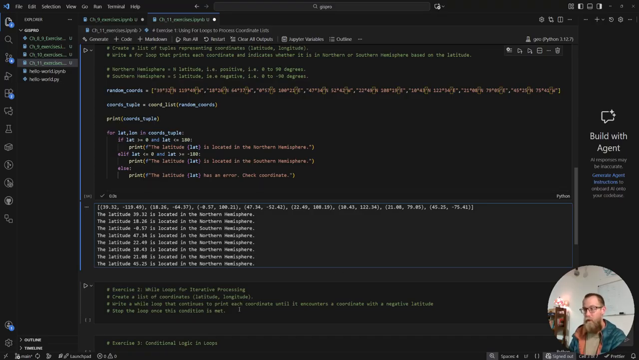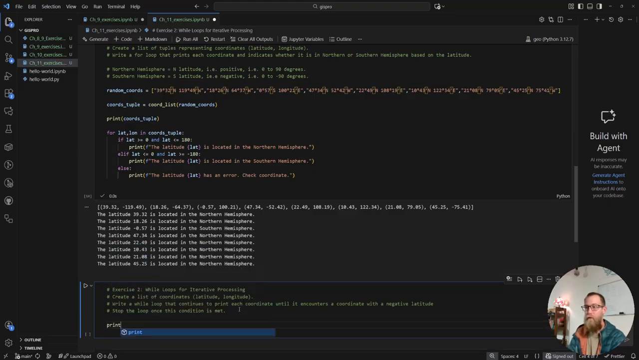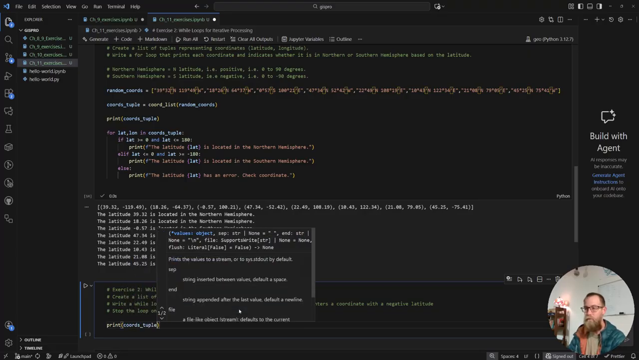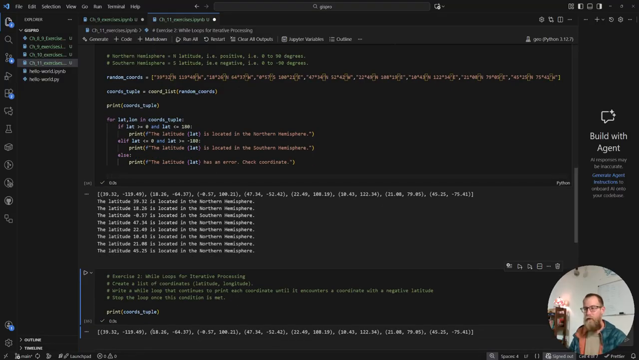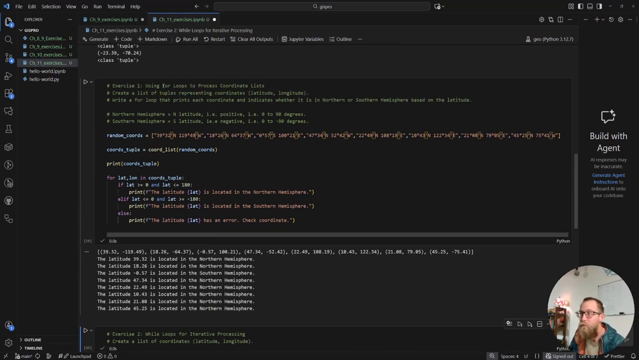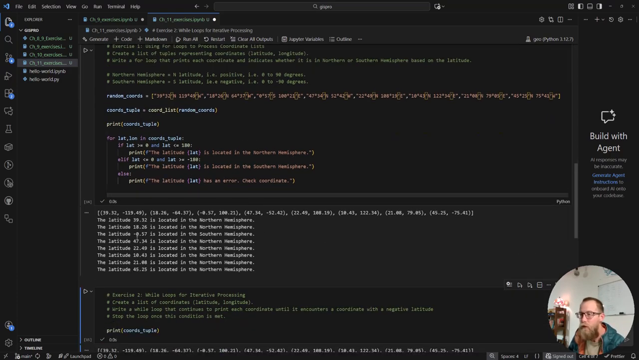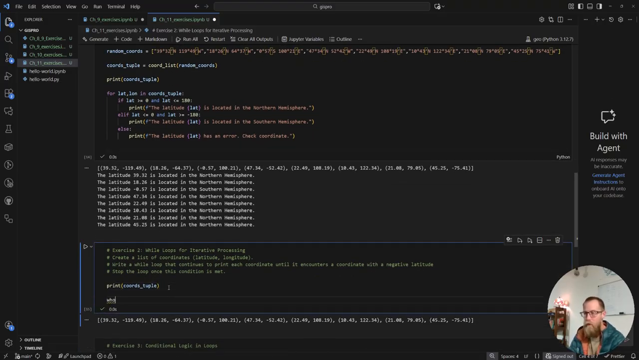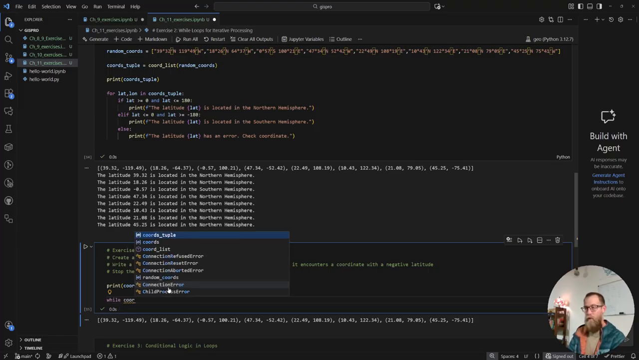All right. So we're going to go ahead and print our chords tuple. So now they're in tuples, but now we need to create a list of coordinates. Okay, they are in a list of coordinates. Yep. Now we're going to write a while loop. While chords tuple